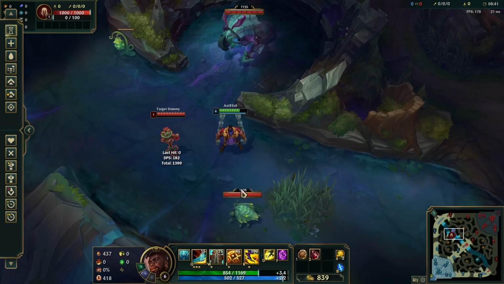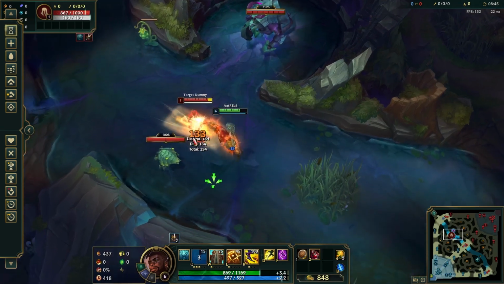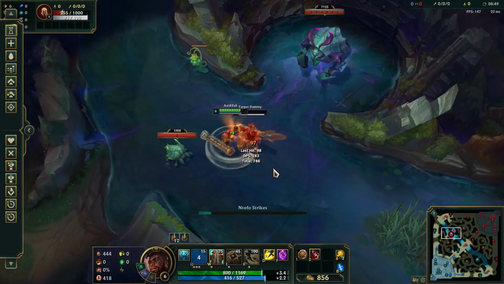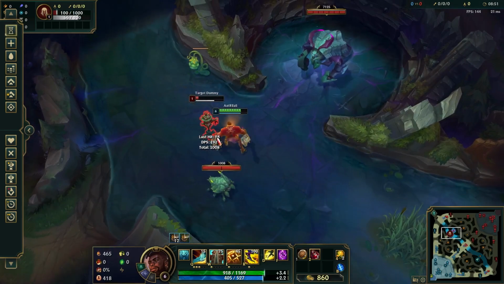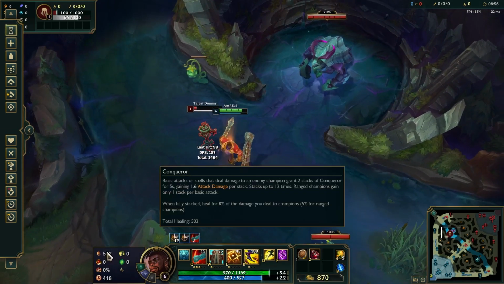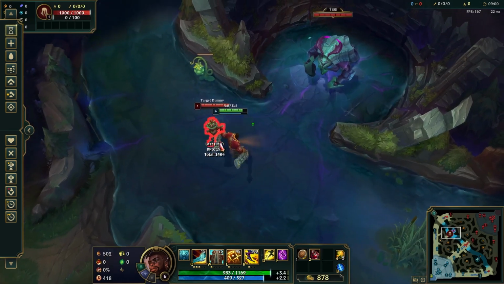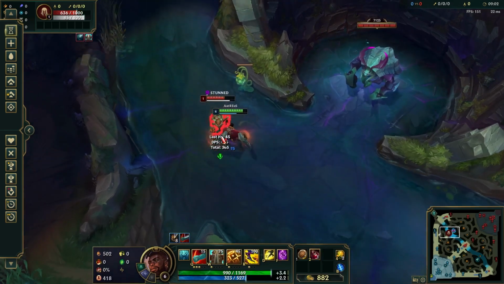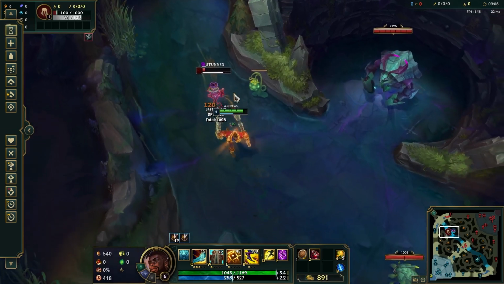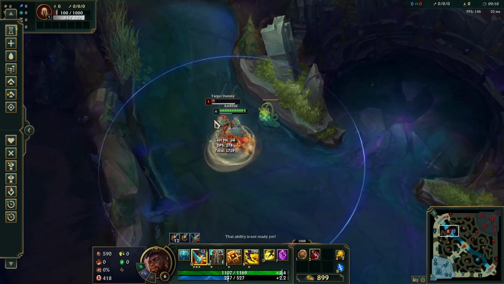Cassante in normal form doesn't really benefit all that much from Conqueror because he's a tank, right? You won't really be doing all that much damage, and since you won't be doing a whole lot of damage, you won't be healing as much because Conqueror heals you based on your damage. And since you're going to be in your tank form for the majority of the game, you're not going to be getting the full use of Conqueror's healing as with some other champions, because Cassante just doesn't do that much